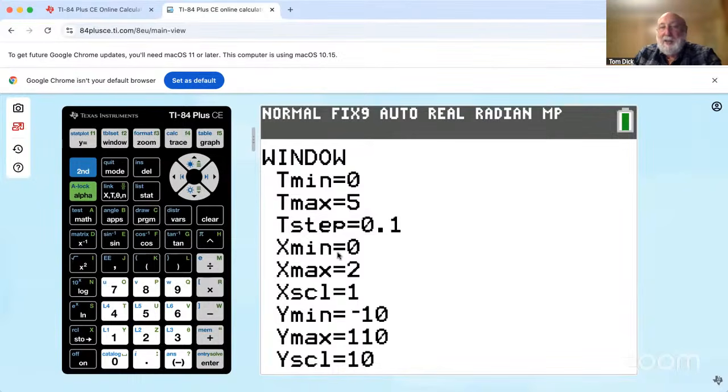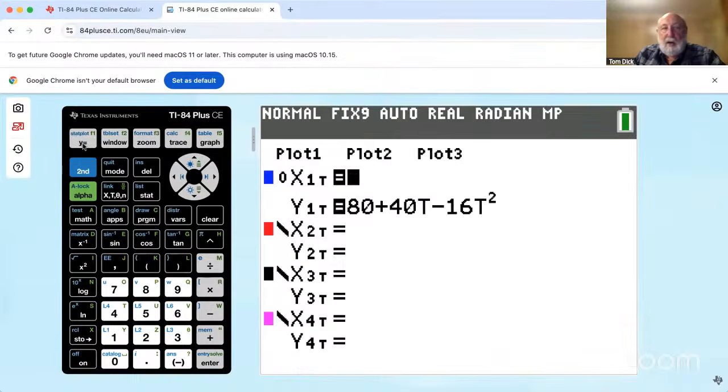And then notice I put x min 0, x max 2, that puts 1 right in the middle. So the center of the screen is where we'll see things going up and down. And I set y min to minus 10 and y max to 110. I think that was a good range for seeing what was going on here. Okay. And now if I go to y equals, what you would normally have for a graph